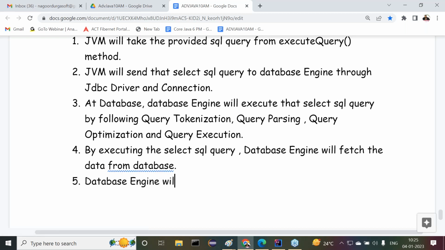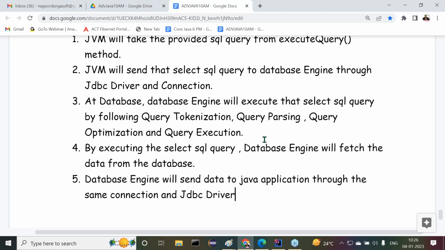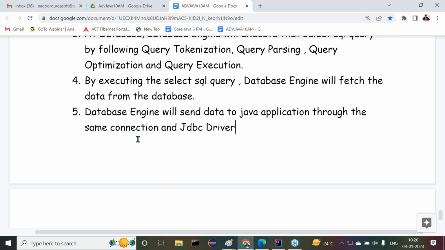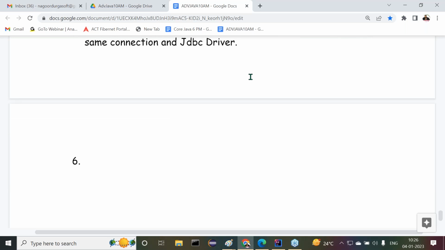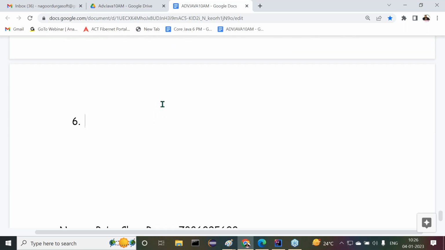Database engine will send data to Java application through the same connection and JDBC driver. Observe carefully. Database engine will send data to Java application through the same connection and JDBC driver. Then what is the next point here? Now tell me. What is the next point here? Next point is at Java application,